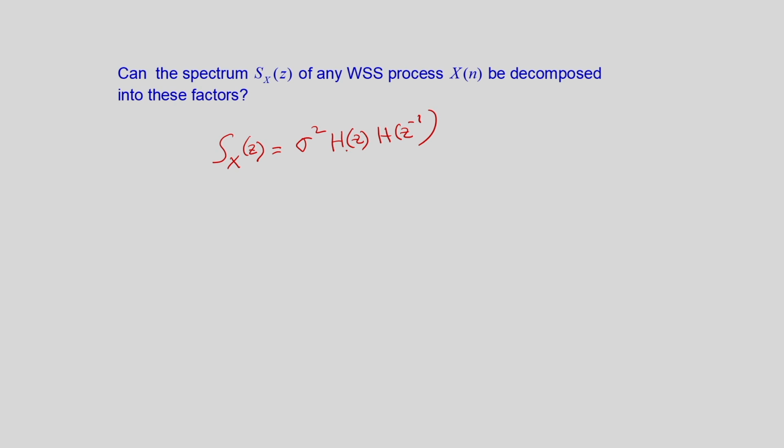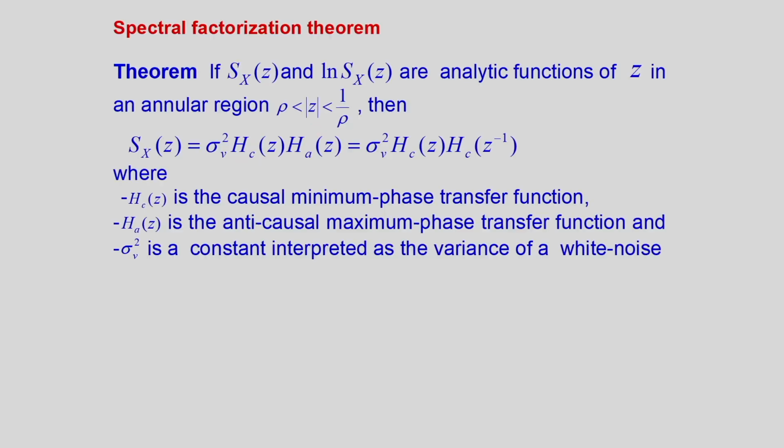And we will be preferring that if one part is causal, then the other part will be anti-causal. So, is it possible? We will state the spectral factorization theorem now. If Sx(z) and log of Sx(z) are analytic functions, analytic meaning their derivatives exist, of z in an annular region, that is, the region of convergence |z| greater than rho and less than 1 by rho, then Sx(z) can be written